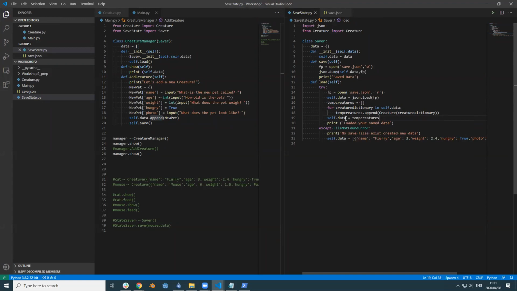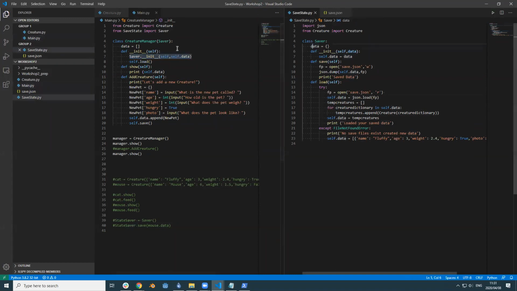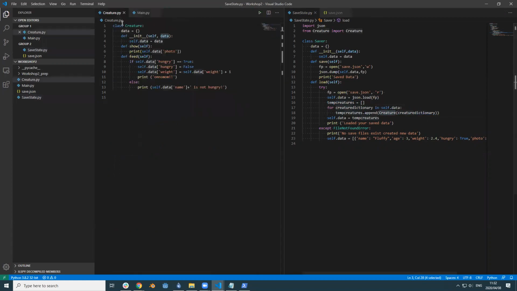And the reason we're doing that is effectively our data that we have, which is the same as this data due to this initialization that we did here. That's the same data it's referring to. It first became a list of dictionaries because that's all it had. And then we basically upgraded it to a list of creatures by having a temporary variable. We just added the data that's inside of each dictionary to a new instance of creature, and then assigned that temporary variable we have back into our